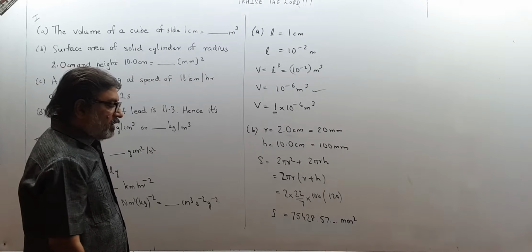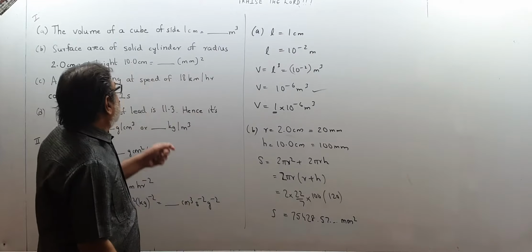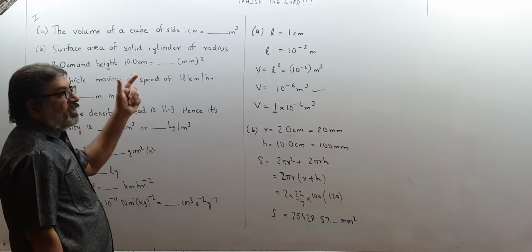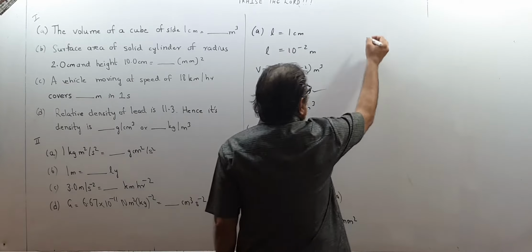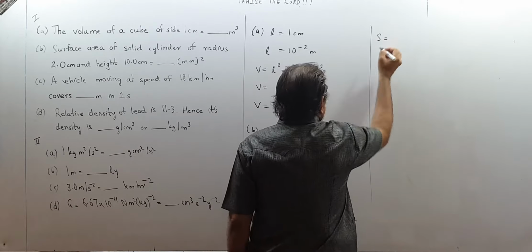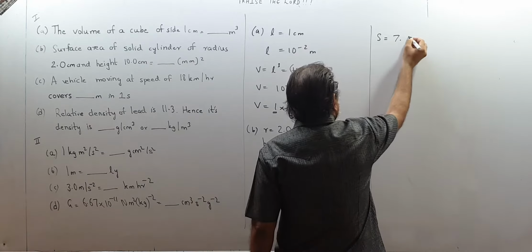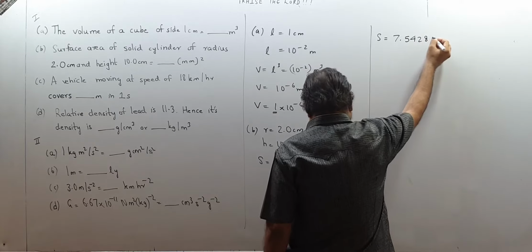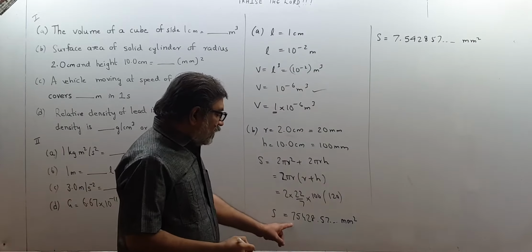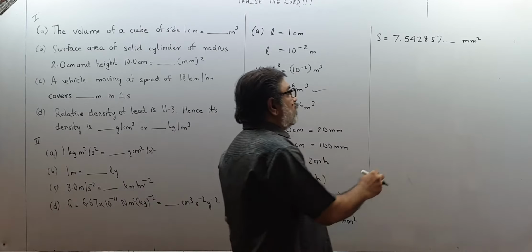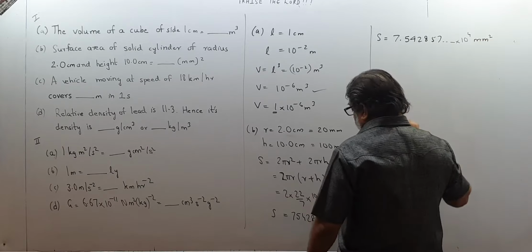Now children, please understand, there should not be one value after the decimal, and here there are 2 significant digits and here there are 3 significant digits. Minimum I should keep, which means I will keep only 2, so I round off my surface area. Surface area I write as, I first use the decimal over here, 7.5428, 57 and so on, millimeter square. See, I am shifting the decimal over here by 1, 2, 3, 4, so into 10 raised to 4 millimeter square. I shifted the decimal 4 places.